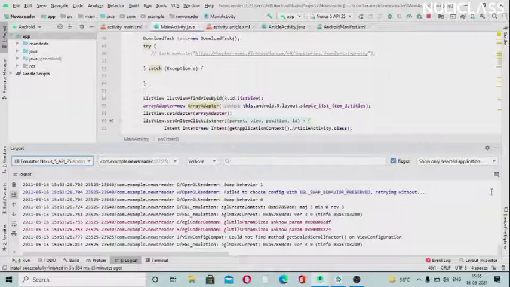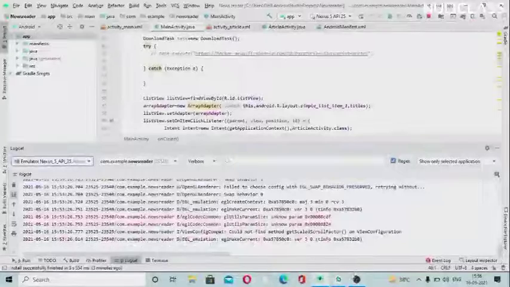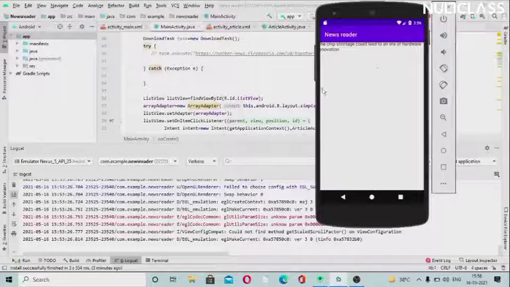It took a lot of time to update all this to the database, and finally it appeared, coming in a short period. I got 3 news items, then I ran it again, and it started again. It will take a lot of time, so you start running the app, then leave it, and you can see the changes in the logcat and the news will start appearing here. I got almost 5 or 10 news items, so I just checked once.